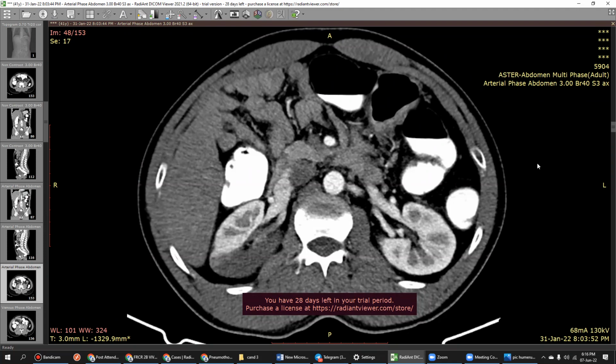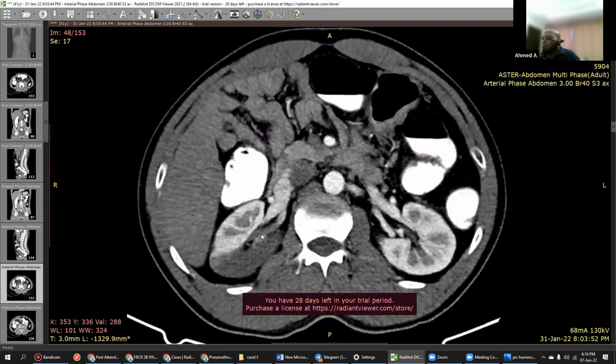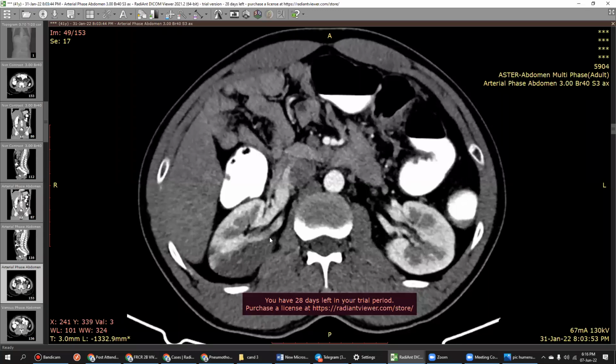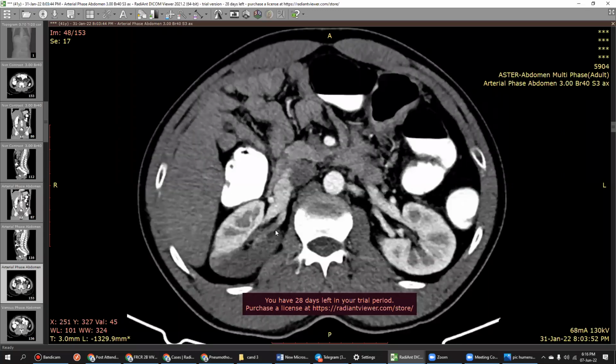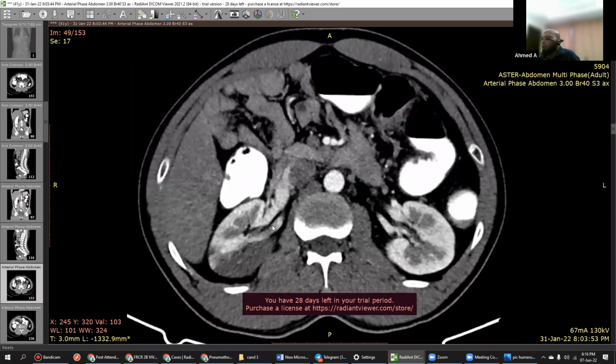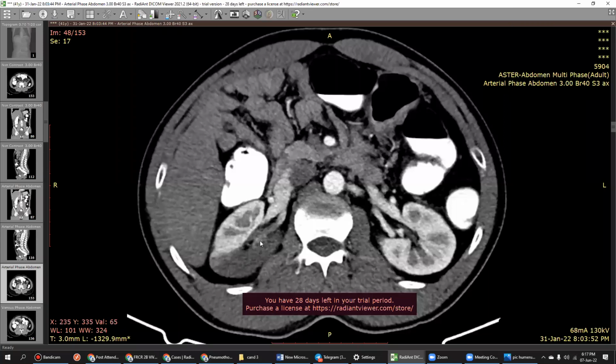Great. Okay, you'll get 6.5 to 7, but the point is, you can see my arrow, right? What is this? I see it, it is a filling defect. But it's a renal infarct, right? Segmental renal infarct, corresponding to the side also. This is the anterior segment, into the posterior segment.